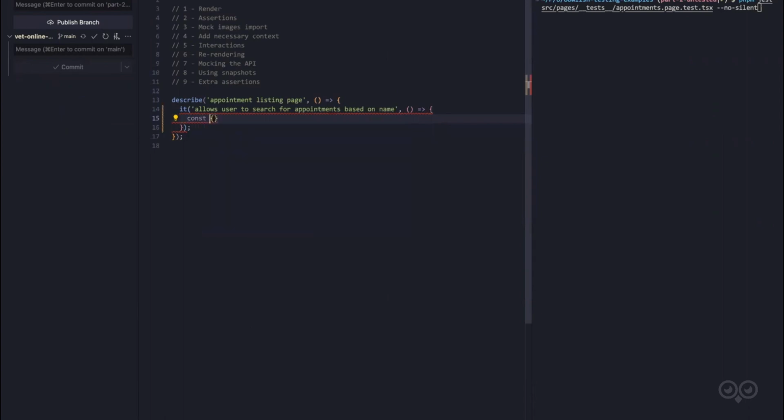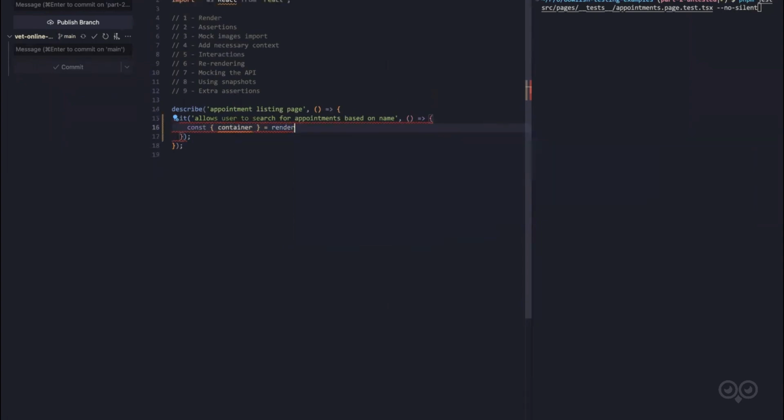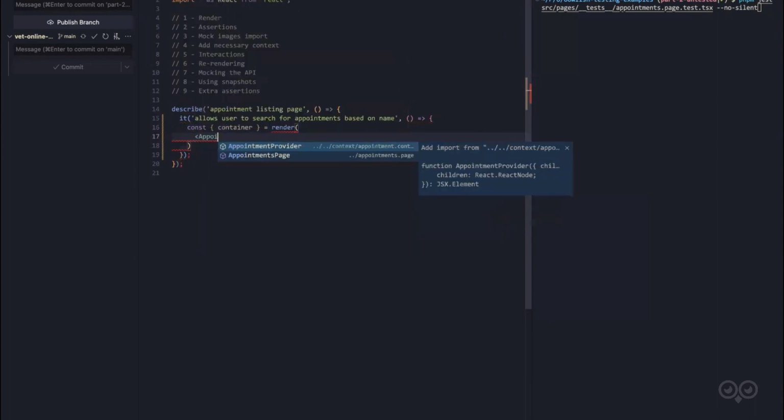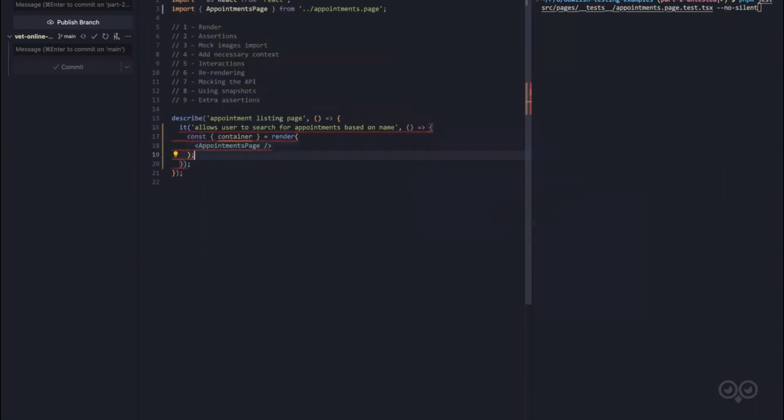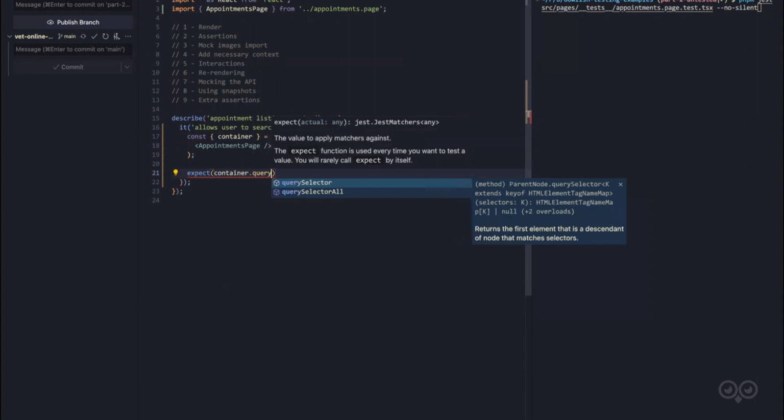So first thing I need to do, I have the steps there at the top. I need to render my component. So render is actually a function from testing library, which allows you naturally to render a component. And in this case, I want to test my appointments page. And render returns a bunch of different things, including this container object, upon which I can make stuff like querySelector calls. So in this case, I want to just check, and I'll add the data later, but I want to check if